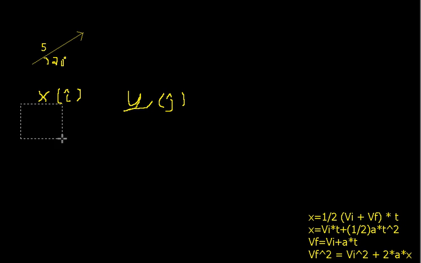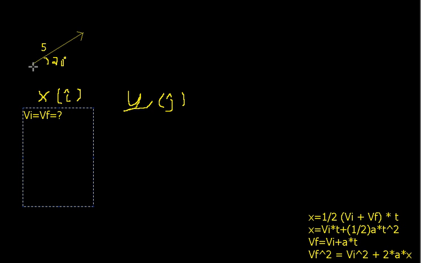So here, we know that the initial velocity is equal to the final velocity, right? Because it's not accelerating. We know that much. What's that going to be equal to? Well, it's going to be equal to kind of like this shadow. So that's going to be the 5, the hypotenuse, the radius of the circle, times this kind of shadow, the x piece. So if you remember, that's going to be 5 times the cosine of